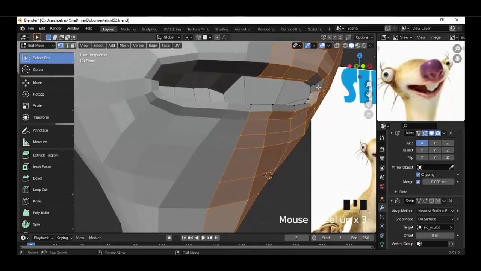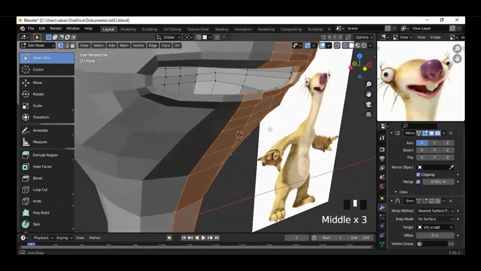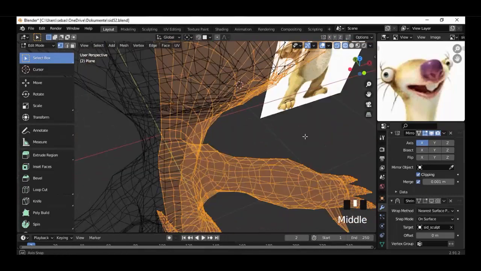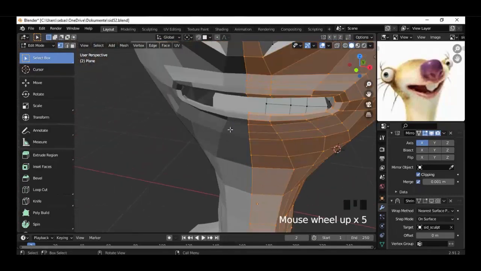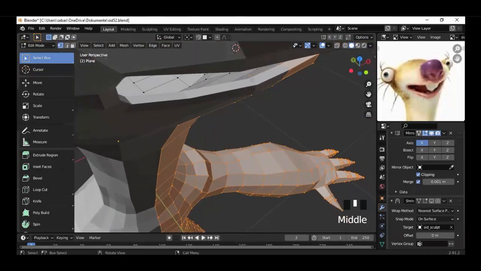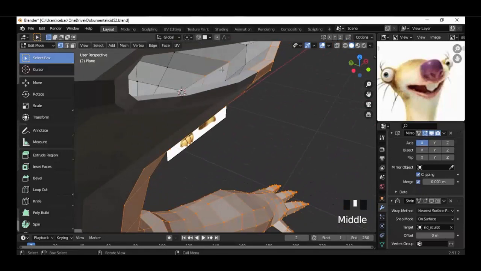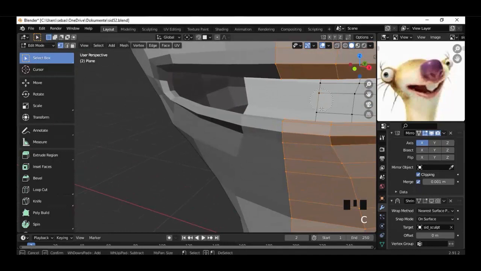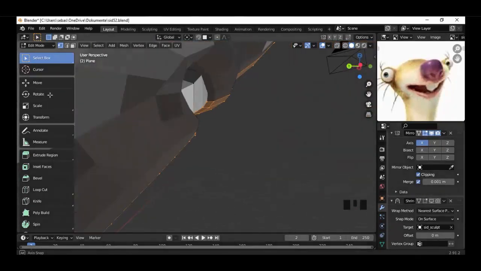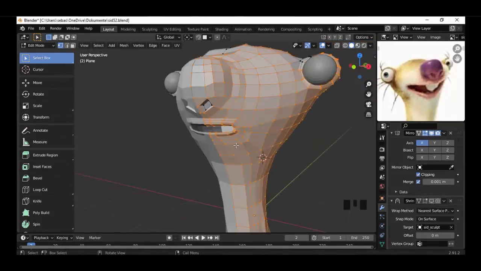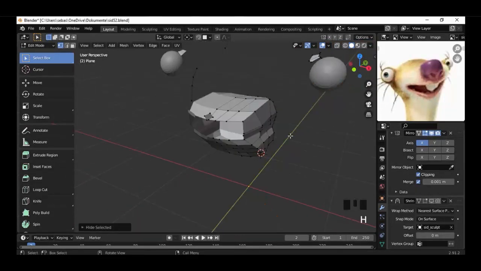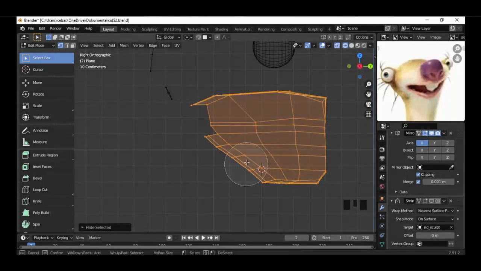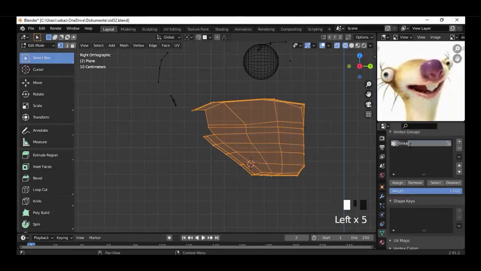Make sure that everything is selected and not the vertices inside. Just double check it. I see there is something that we have to uncheck. There's another one. This is the inside part from the mouth. And we select this,